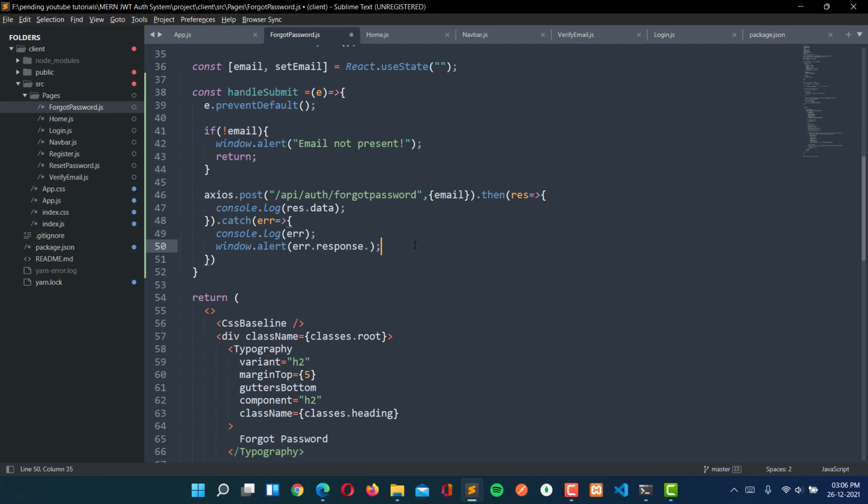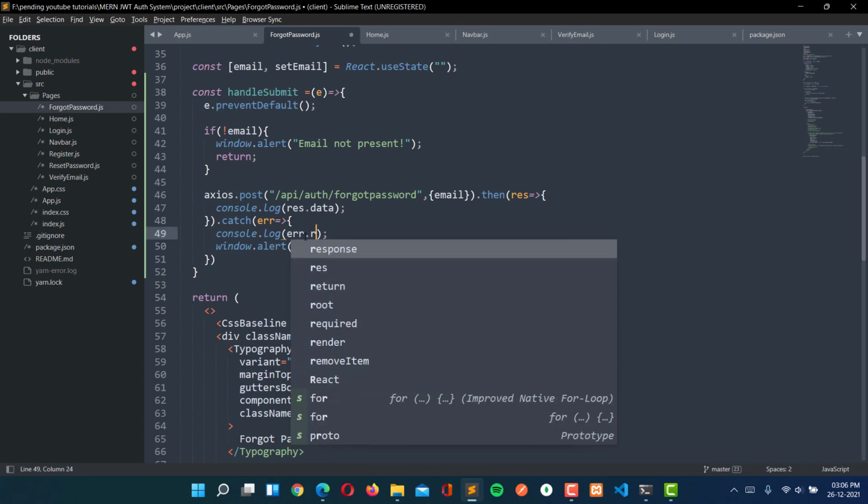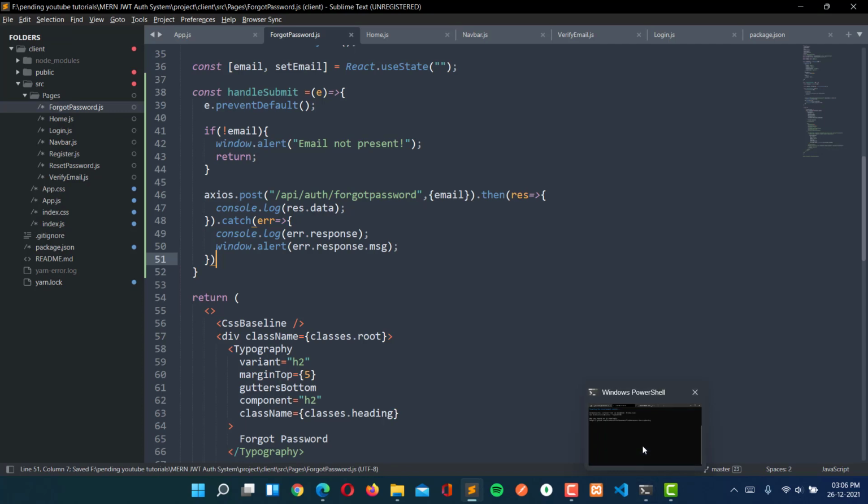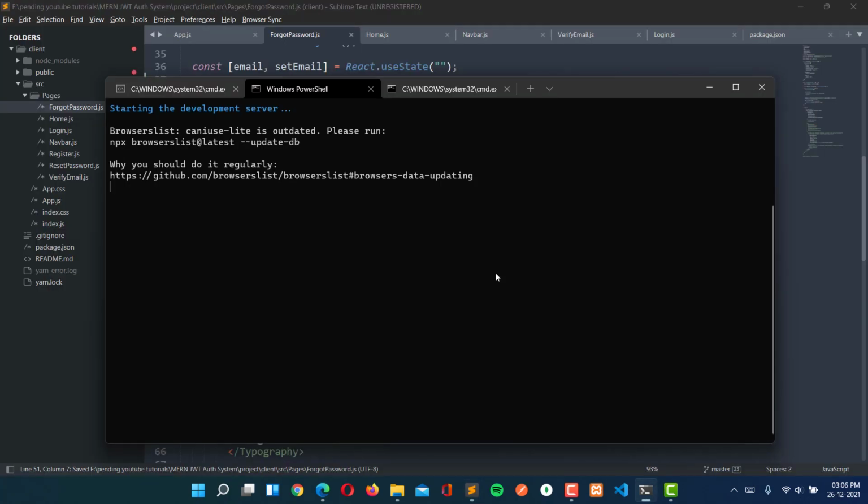So that will be console log dot error dot response, and it will be error dot response dot message here. So let's save this. So actually our server is starting here.